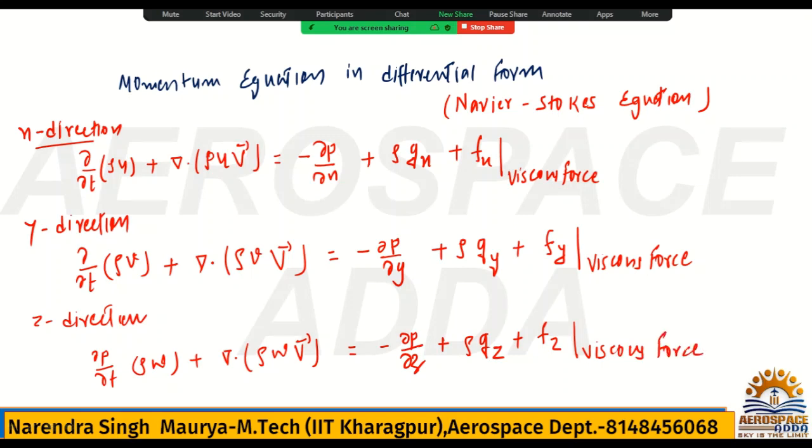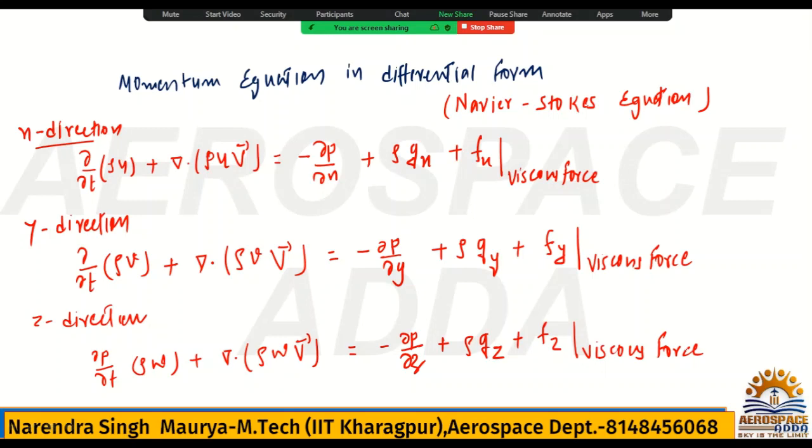So basically this is the differential form of the momentum equation. I have written it directly, and you need to remember it, because if we go through the derivation again, it will be a very lengthy process. The integral form I have shown you. So this Navier-Stokes equation, or momentum equation in differential form, in x, y and z directions respectively,